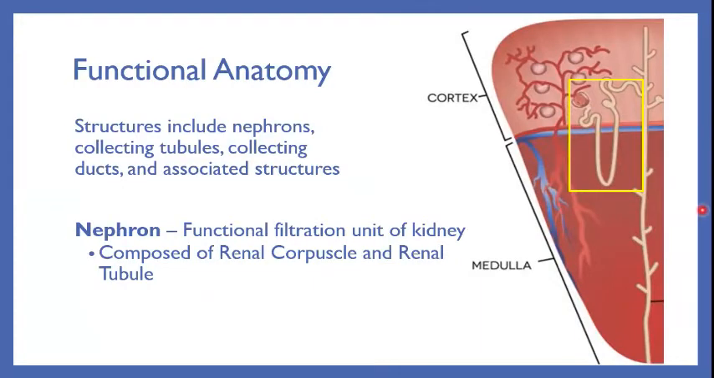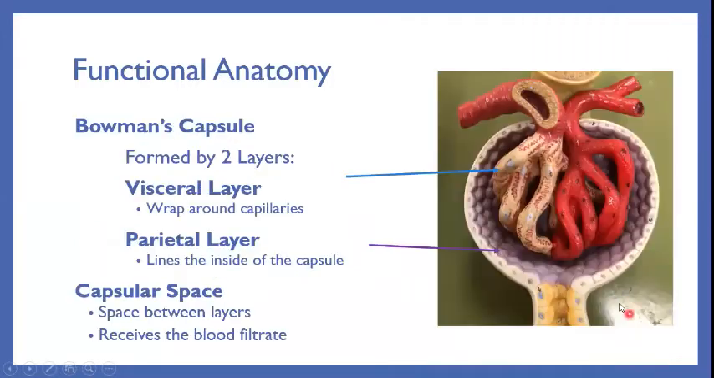Here we see the anatomy of a nephron. A nephron is the functional filtration unit of the kidney. It's composed of a renal corpuscle and the renal tubules. The majority of it is located out in the cortex, with the loop of Henle and the collecting ducts traveling down through the medulla. The Bowman's capsule is seen here,